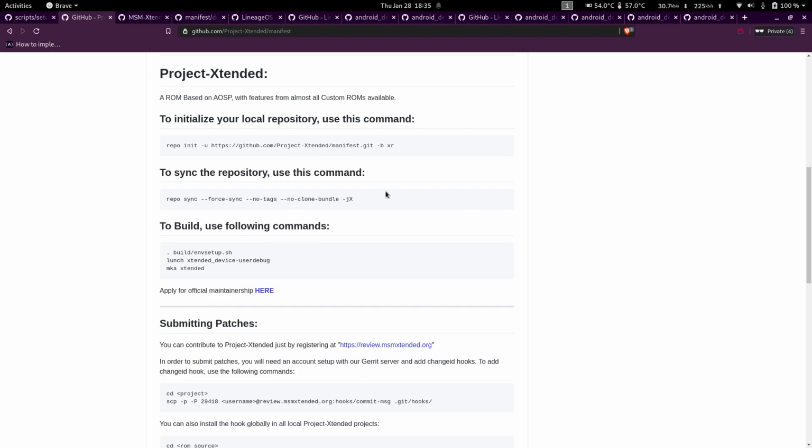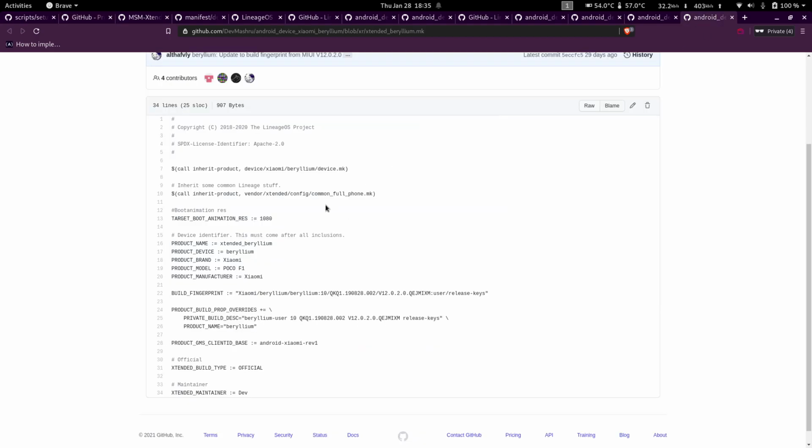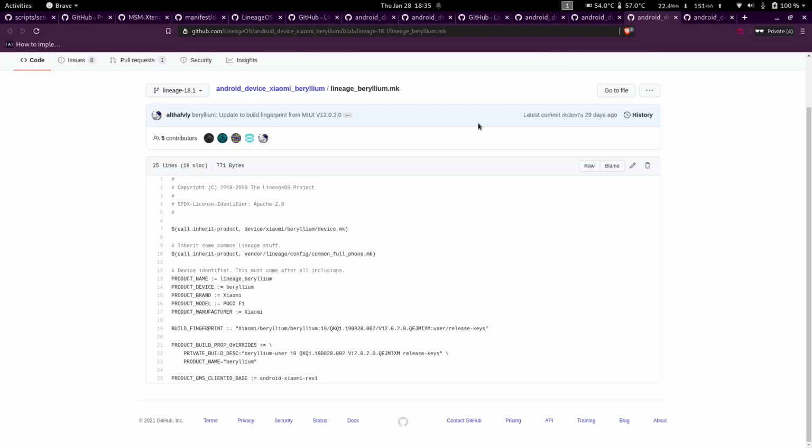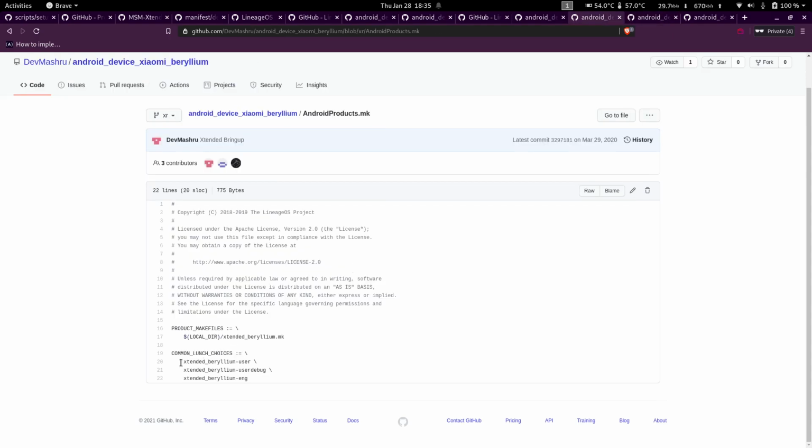So in this case, you would just do lunch, since you already changed it here, to extended underscore beryllium hyphen user or userdebug or eng, you just put that in and start compiling for that.